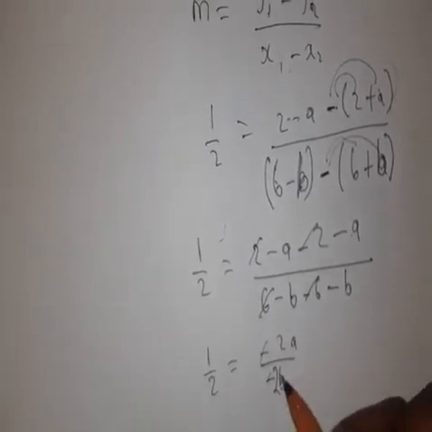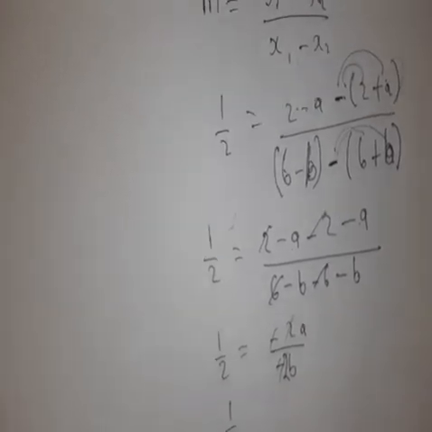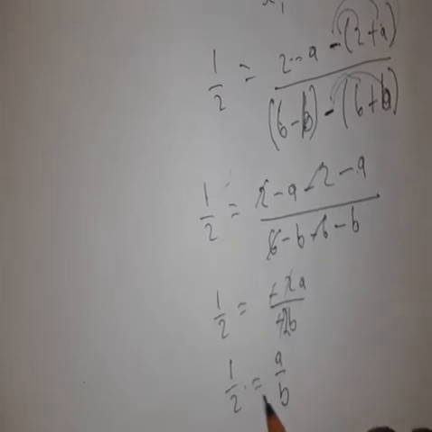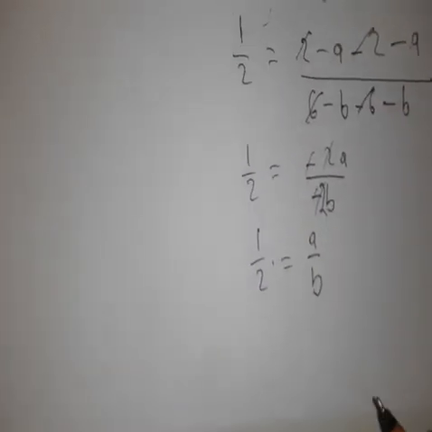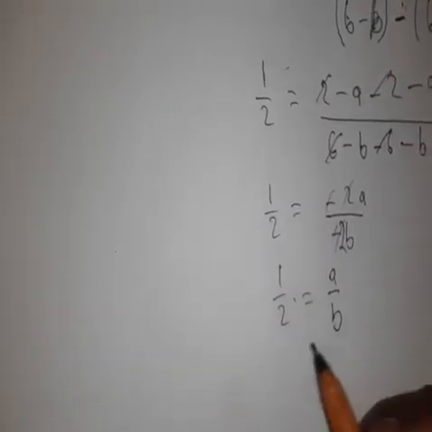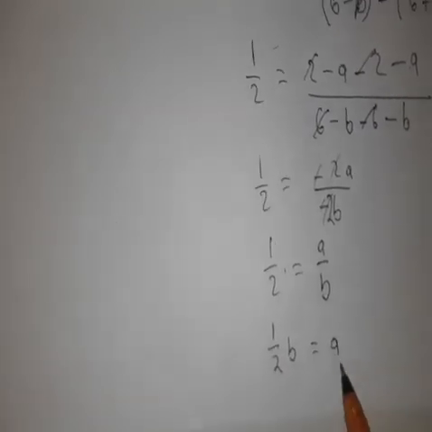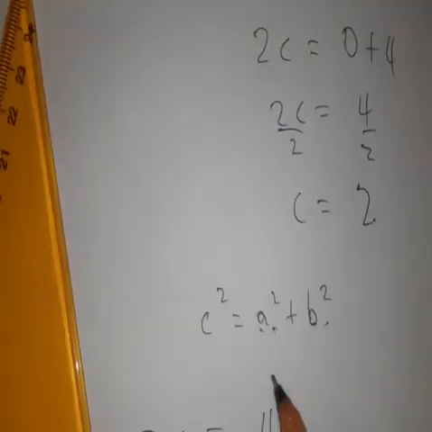So the negative cancels, the 2 cancels, so a half is equal to a over b. This is what I wanted to have. So multiplying by b on both sides, 2a is b equals a. So now we have a. Now we are going to play around with this equation. Then this equation,